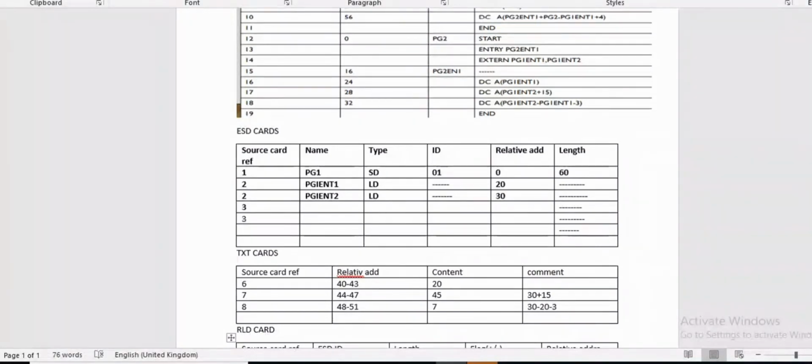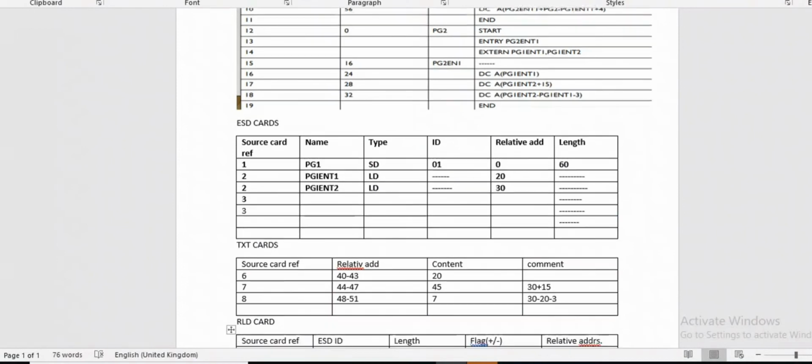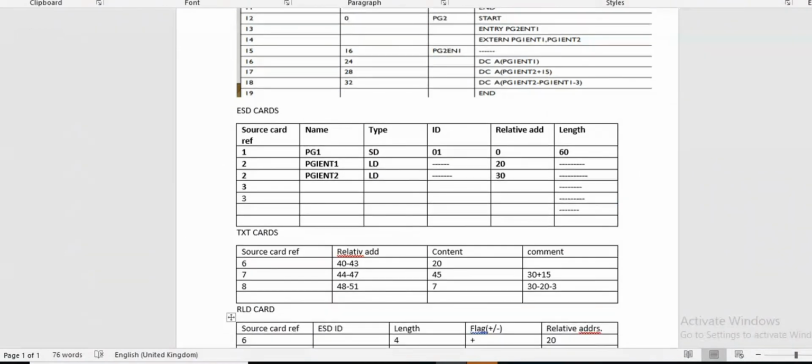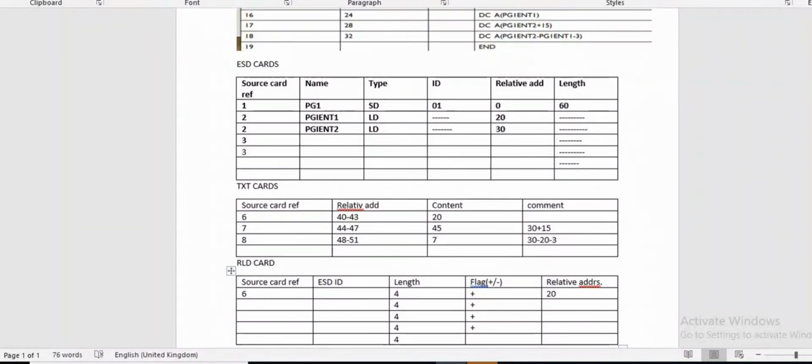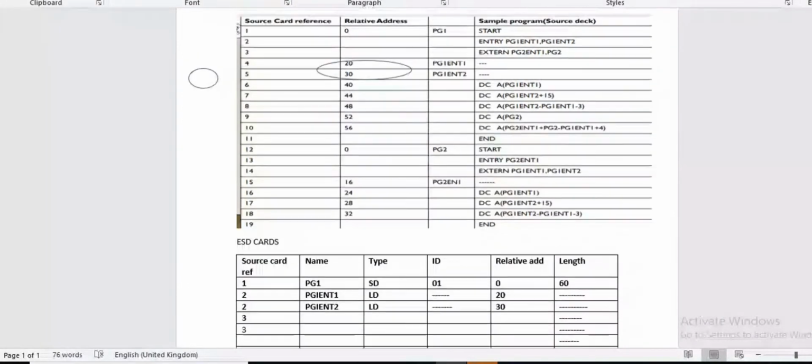Have you done? Now we'll start with the RLD card. Here we have to start observing from line number 6, which is from DC. DC contains A in bracket PGIENT1. This is of type entry. Entry means it is local data.